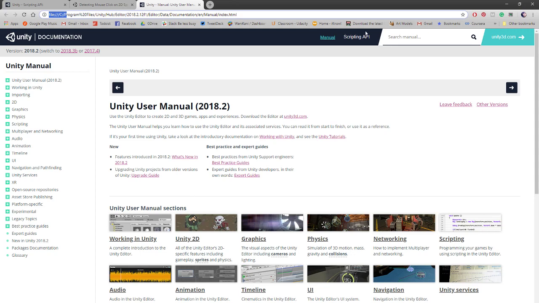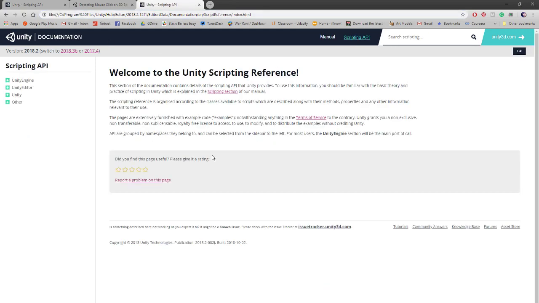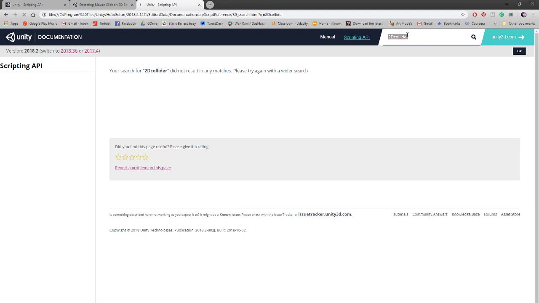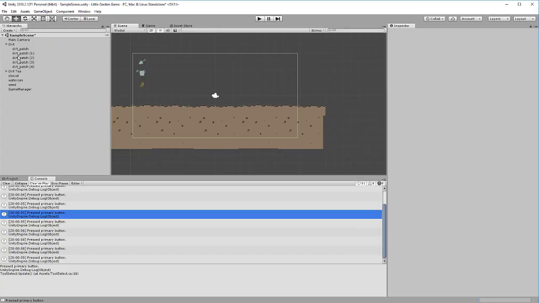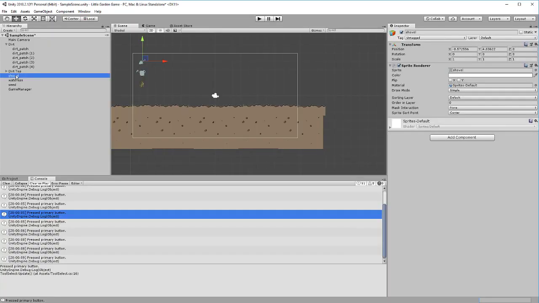Okay, so here's the user manual. Same thing as before, it's just this is a local one. And again, I'll search. This time I'm going to look for, maybe let's do 2D Collider. No, Collider 2D, sorry. And to kind of know what to search for, because I knew that from memory already, what I might do